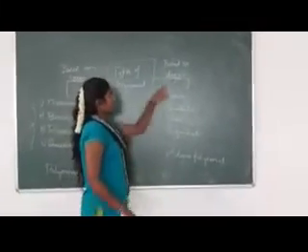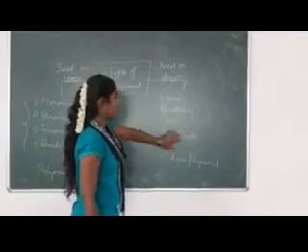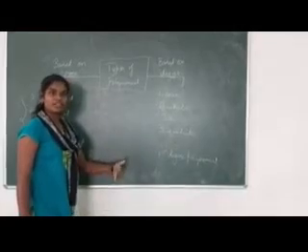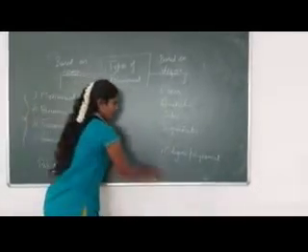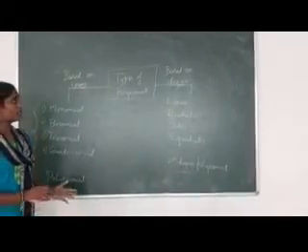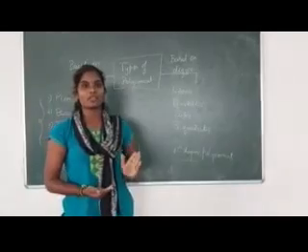Now what are the types based on degree? Just now we discussed: linear, quadratic, cubic, biquadratic. Based on degree you will call it 5th degree, 6th degree and so on. At the last it is the nth degree polynomial. So you have understood the types and all those things. In the next class we will discuss problems based on this concept.